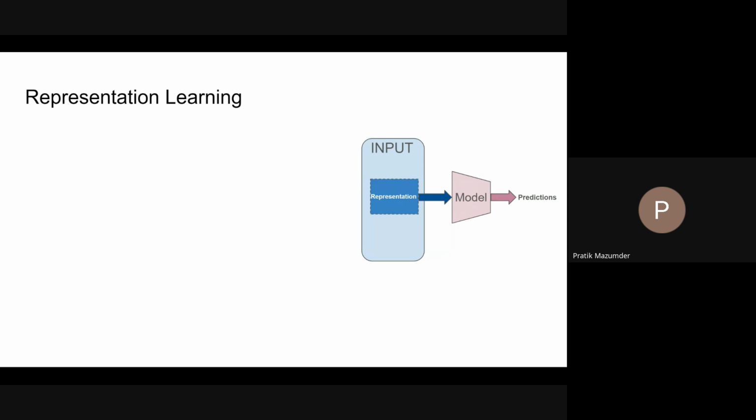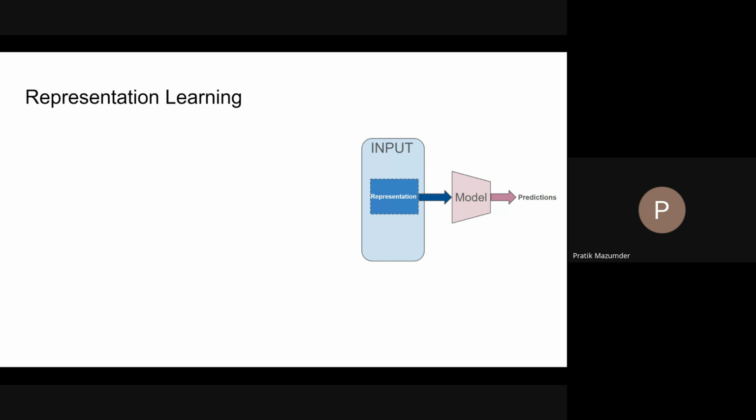Because whether it's ML or whether it's DL, you are at the end of the day learning a mathematical function that maps that input to the required output. Say for classification, you're mapping an image to the corresponding class. So for that, we need at least a numerical format of the data. But if you simply provide numerical data, for example, for an image, you have the pixel information, pixel intensity information, the RGB values with you. And if you provide these directly to some model, these values individually do not have any meaning to them as much as